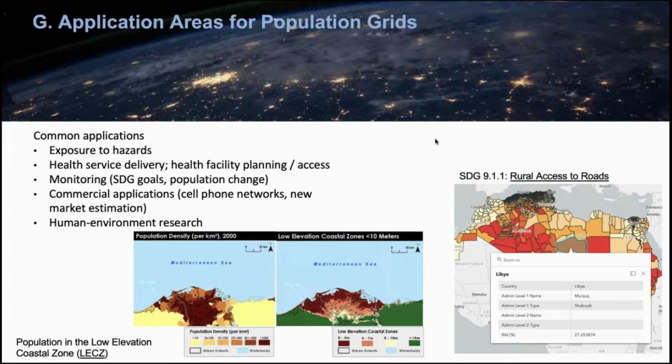So in red, you can see essentially are the admin units that have a relatively high index value for the population not having access, the rural population not having access to roads. And so the story map walks through the different methods and the different data sets used to produce it. Beyond Africa, we're actually working on producing that data set globally so that SDG 9.1.1 can be compared across countries at a subnational level